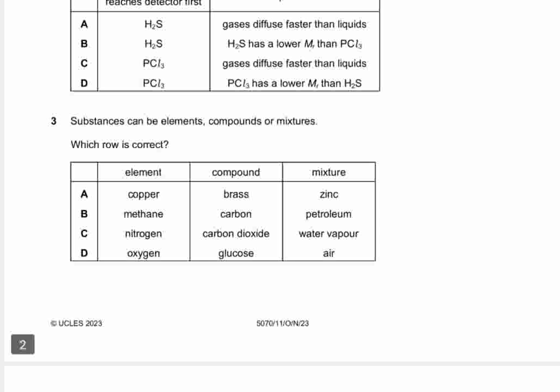Substances can be an element, a compound, or a mixture. You have to pick the correct option. Copper is an element, but brass is not a compound. Carbon is not a compound. Yes, carbon dioxide is a compound, but water vapor is not a mixture. The last, D option, is the correct one, where oxygen is the element, glucose is the compound, and